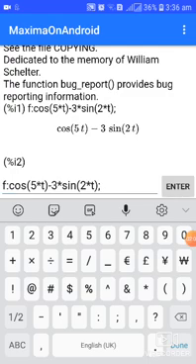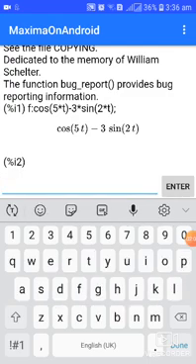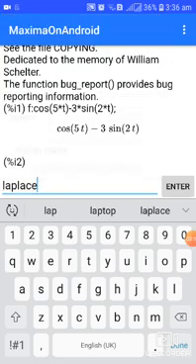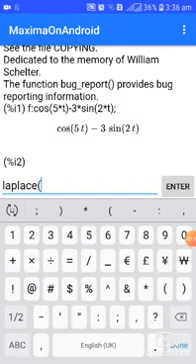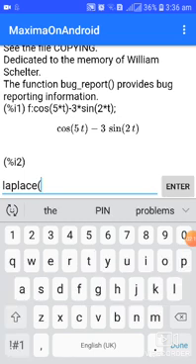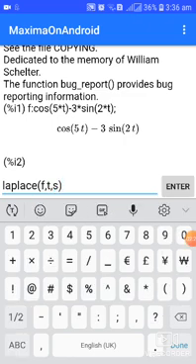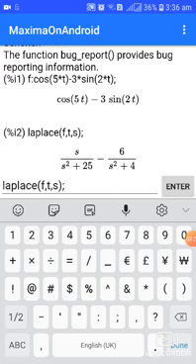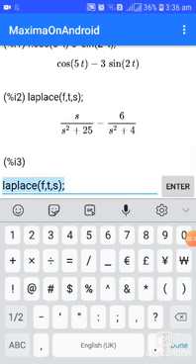After that, type the command for Laplace transform. Laplace of function is f, then t comma s. Now we got the Laplace transform of the function cos 5t minus 3 sin 2t.